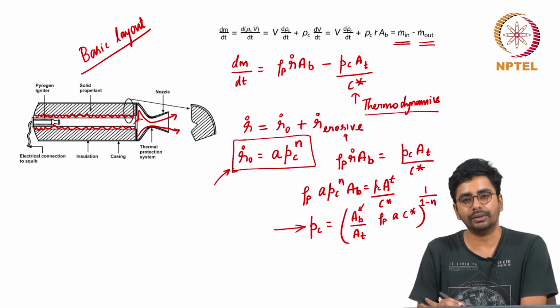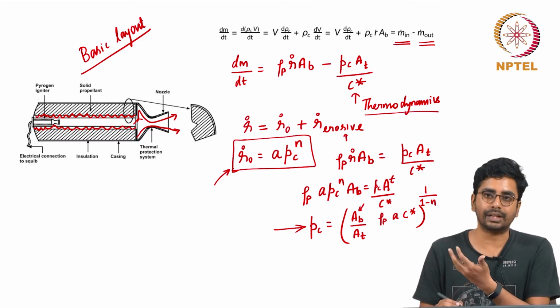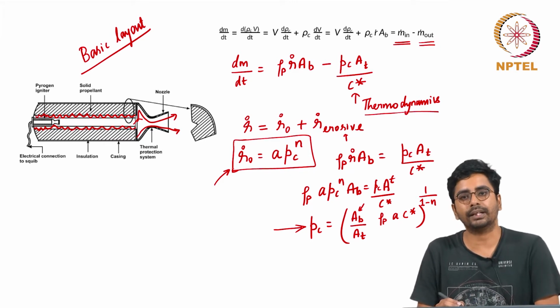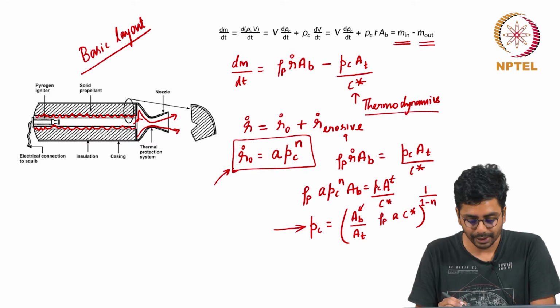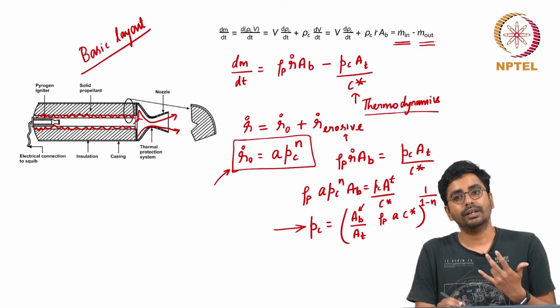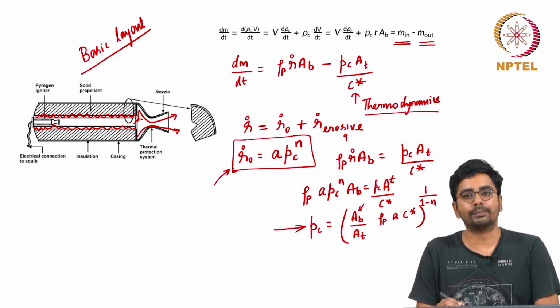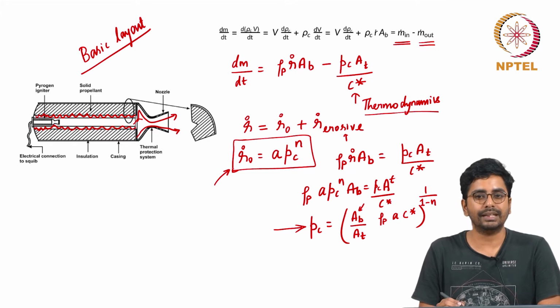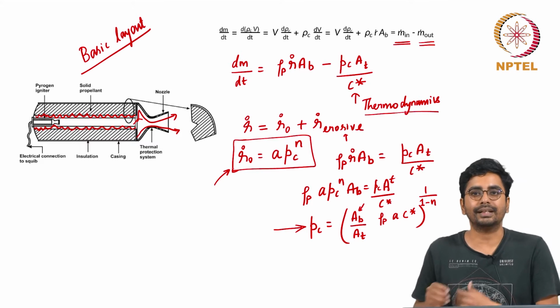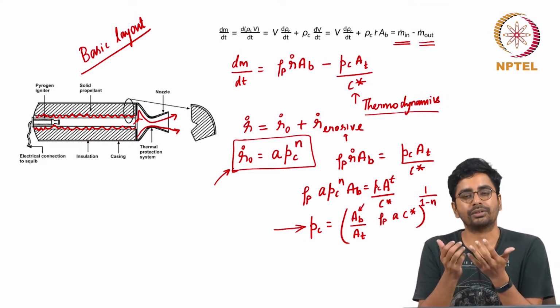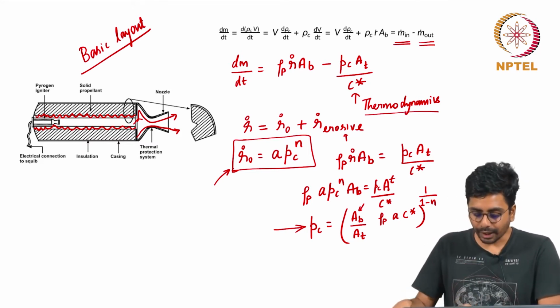For a given mission there is a particular requirement of thrust which translates into a particular requirement of pressure as to how the equilibrium pressure should change with time, and that determines what should be the burn rate of the propellant as a function of pressure. It is not a simple task to actually design a propellant such that it gives the required burn rate pressure variation, and therefore